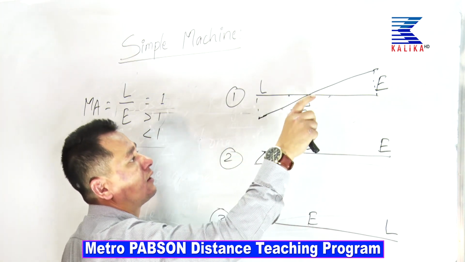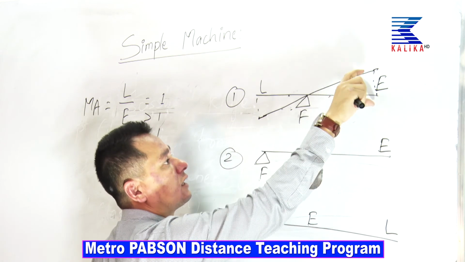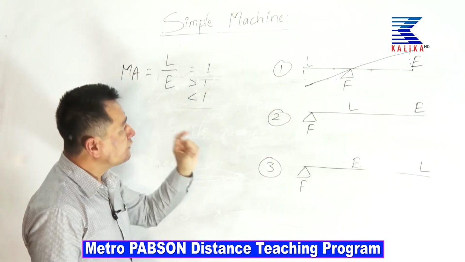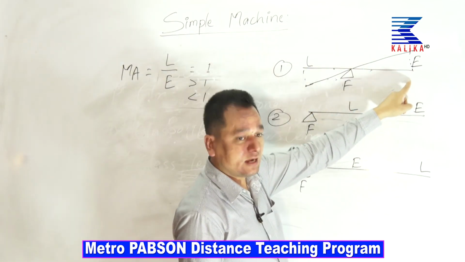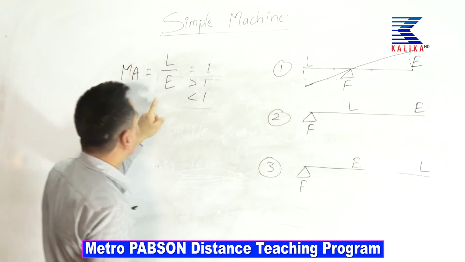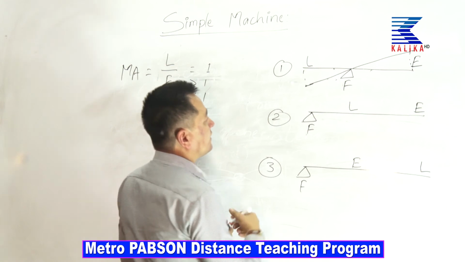If so, and if this fulcrum is at the middle, in that case, effort distance and load distance, these two are equal. If so, effort applied is always equal to load overcome. So in that case, this becomes equal to 1. But if we